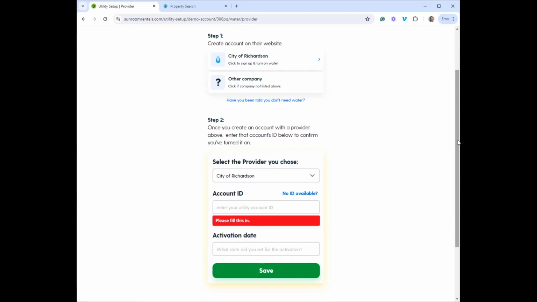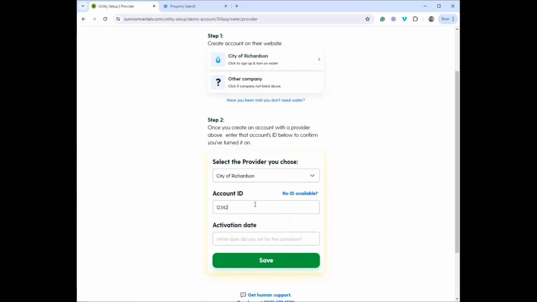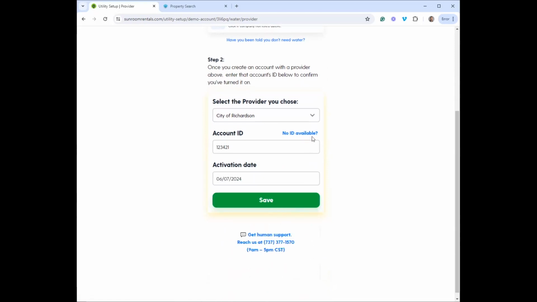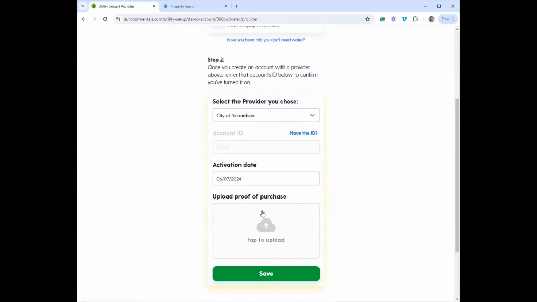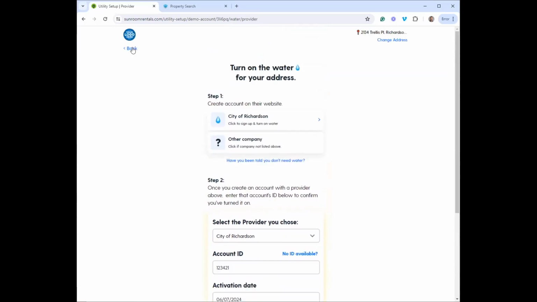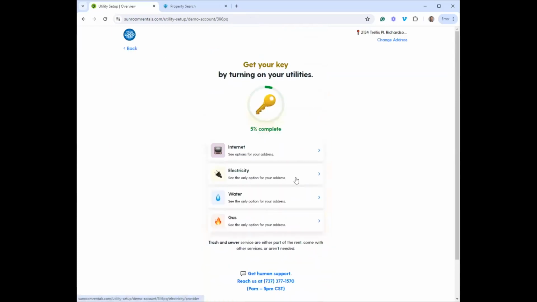Now, once I, as the tenant, have completed setting up my city of Richardson water service, instead of emailing you as the property manager an email at a time or a text message of those confirmations, I just put that confirmation ID or new account number right into the system here, select the activation date of service, and then I hit save. Now, if there's no ID available, I can actually upload proof that I've set up that service via a screenshot of an email from that provider or whatever proof is available. Once I click save, that'll complete out the water service, and I would just move on to the next utility